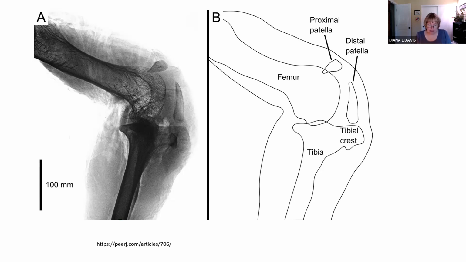The reason I'm bringing this up is because ostriches have two of them. And you know me, I like my ratites. So there are two bony patella. What we think is going on,